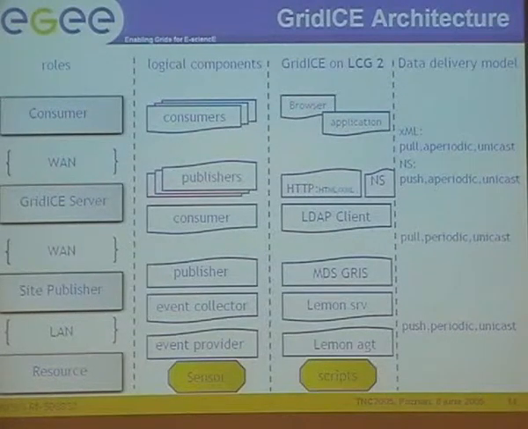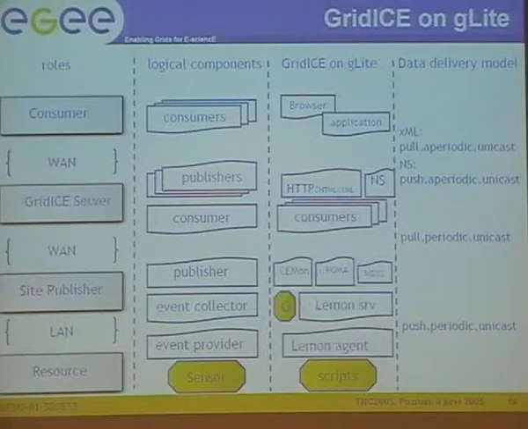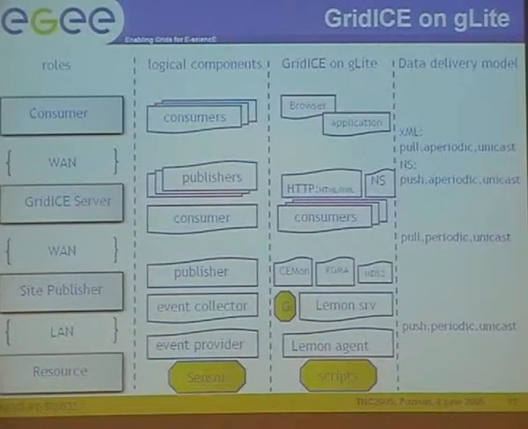What we are currently doing now is designing the evolution of this system within the context of EGEE. The middleware developed within EGEE is called GLite. In order to move this system that is currently in production to GLite, we can keep the fabric monitoring part. What is happening in GLite is that the grid information service is changing. There is not MDS, there is R-GMA, but there are also other solutions to publish